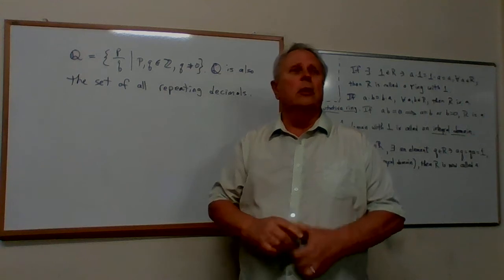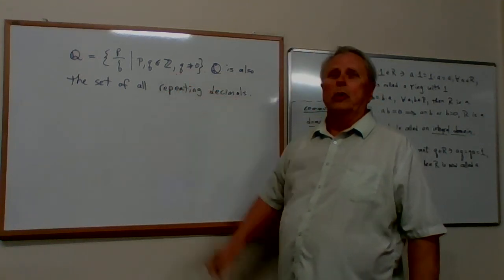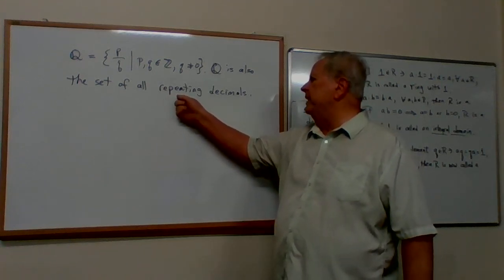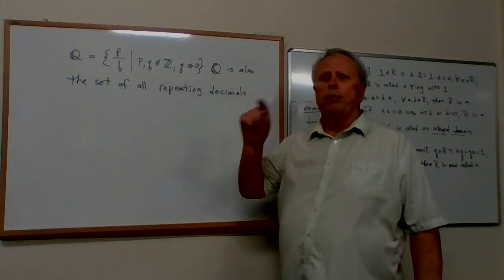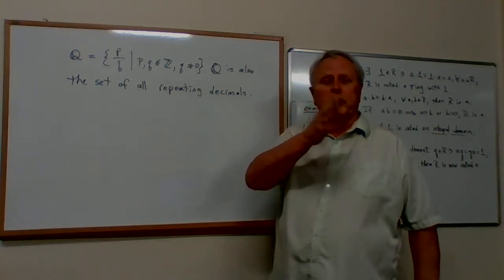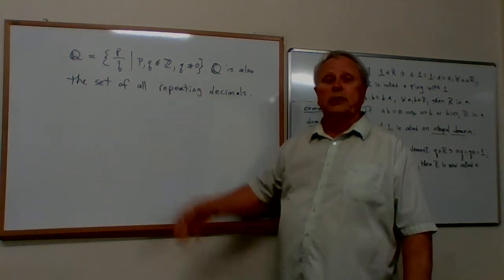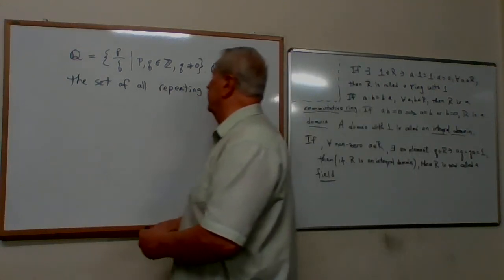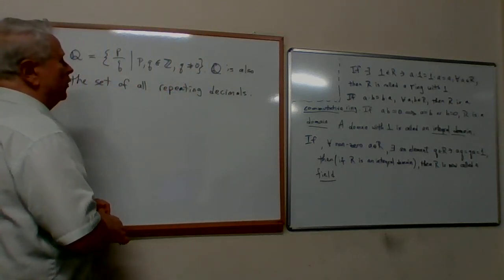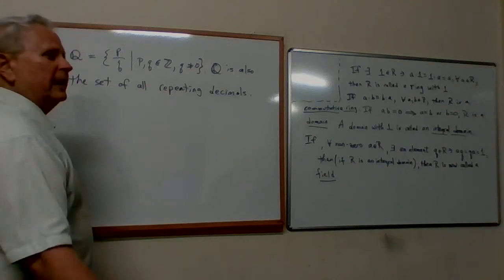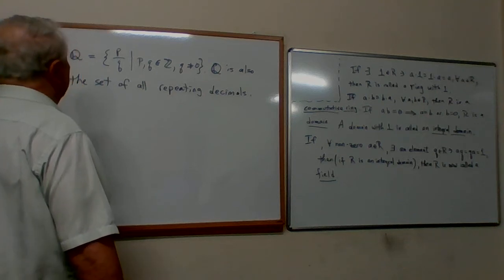So for example, 1 over 4. 1 over 4 is obviously a rational number. 1 over 4 is also a terminating decimal because 1 over 4 is 0.25000000, but that qualifies as a repeating decimal because 0 repeats for a very long time. So I don't use the phrase terminating decimals. I just use the phrase repeating decimals because all terminating decimals do repeat. They repeat with zeros. Okay?